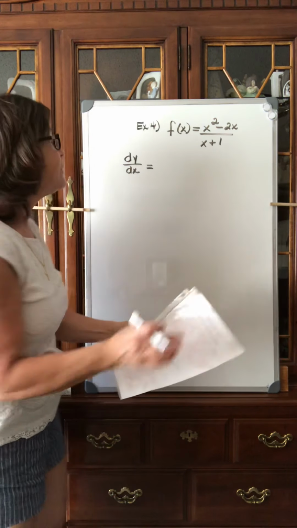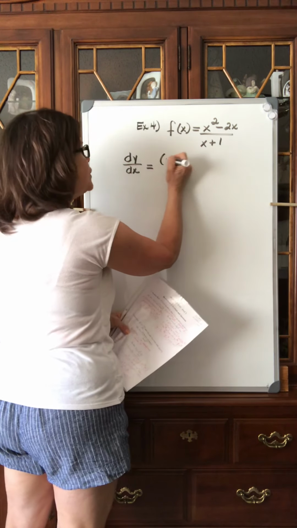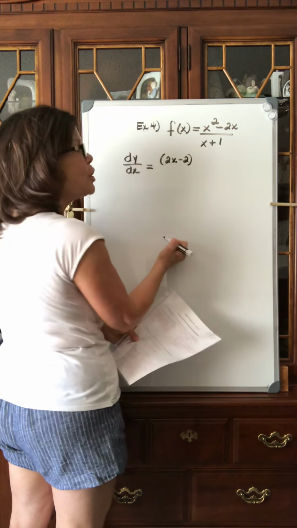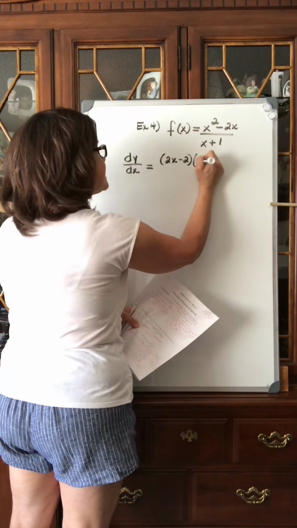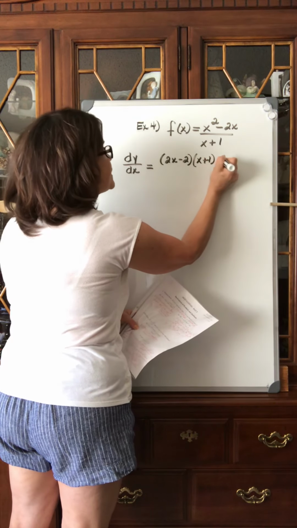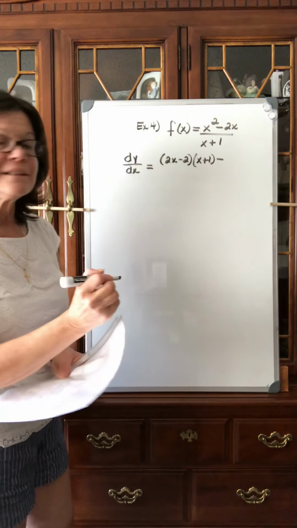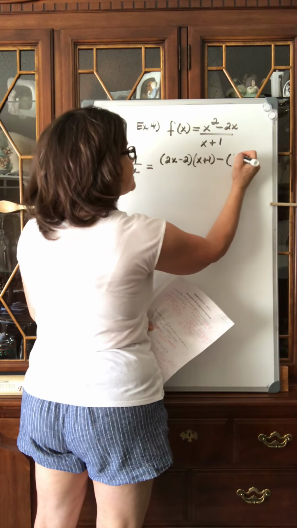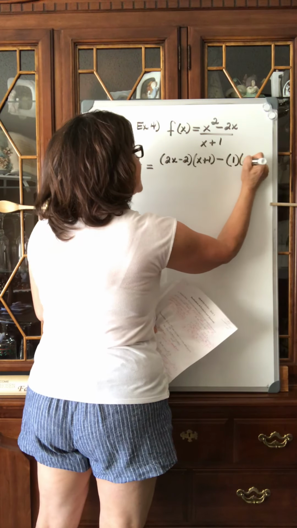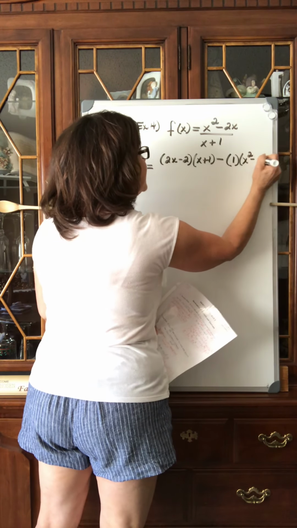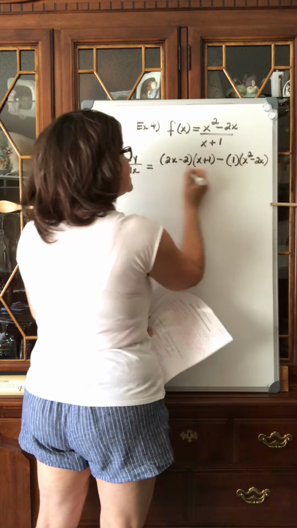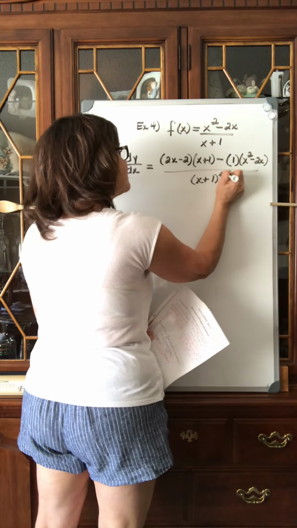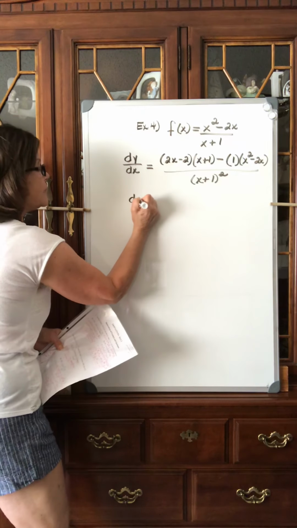You start with the derivative of the numerator. The derivative of the numerator is going to be 2x minus 2. You multiply that by the denominator, x plus 1. There's subtraction in this formula. Then you use the derivative of the denominator. The derivative of x plus 1 is 1, times the numerator, x squared minus 2x, divided by the denominator squared. Okay, so your first derivative,